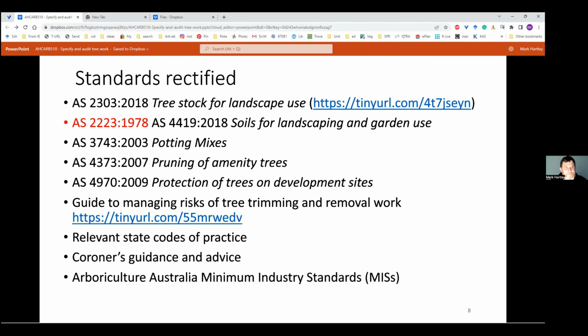And they're fairly good detailed documents. They're not perfect. I know we'll go along in another 10 years' time and look back at them and say, boy, we should have tightened this up. We should have tightened that up. But that's exactly why it's a minimum industry standard. There's a tendency to suggest that things are BMPs or best management practice. And the problem is when they fall way short, that raises real concerns.